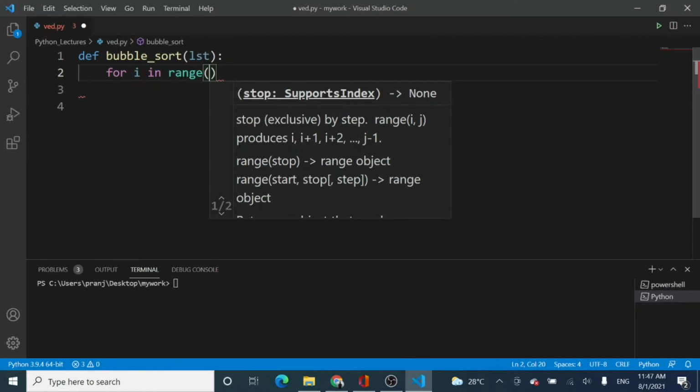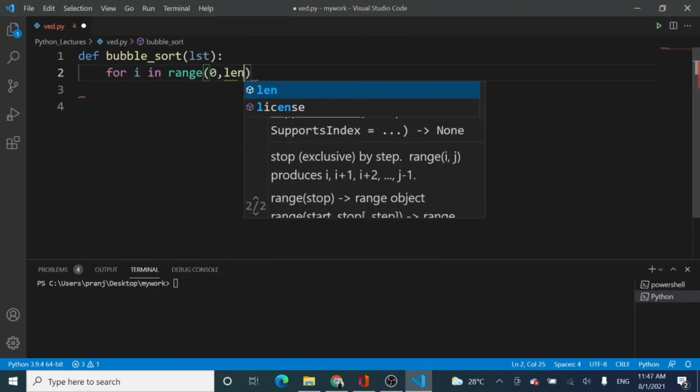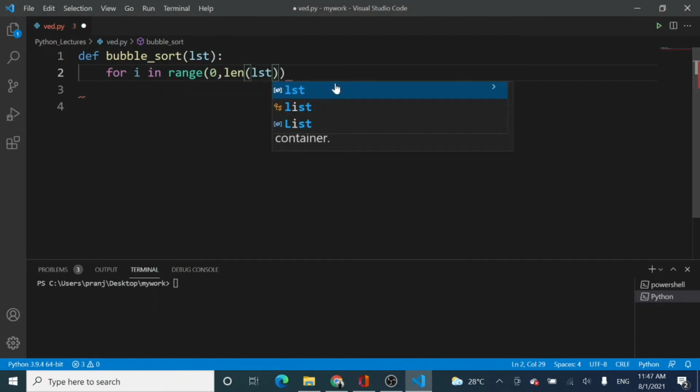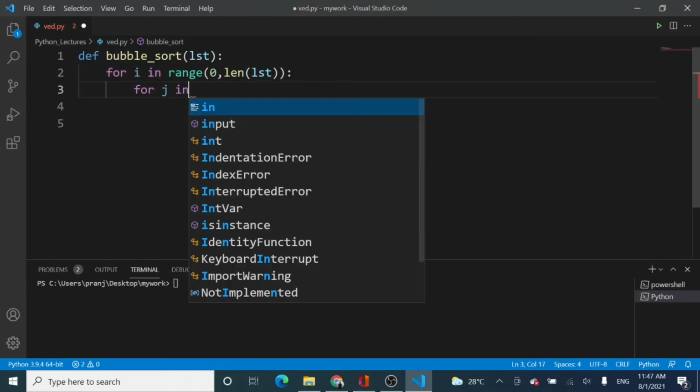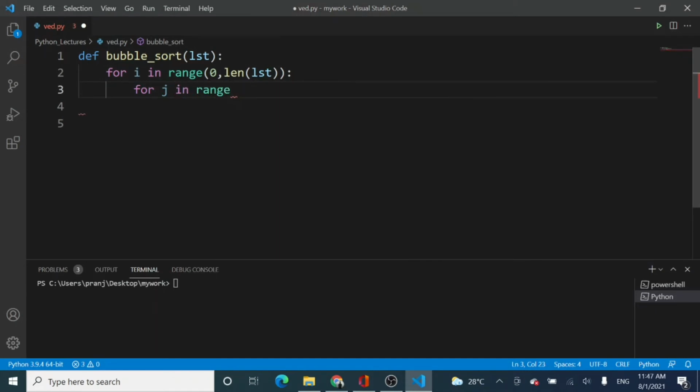So here the comparison will definitely range till the complete length of my list. So I will be taking the range from 0 to the length of my list. And the inner for loop, which is for the swapping purpose, I am going to take from a range starting from i, right? And over here the thing that is going to be done is the exact swapping. The swapping of the two adjacent numbers will be done like this. The swapping is very easy in Python. You can do it in a single line.